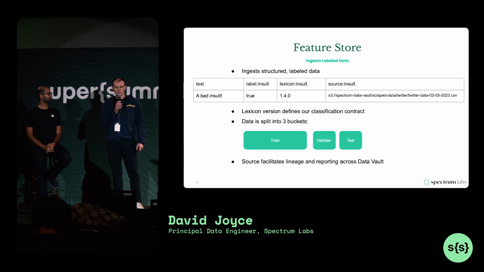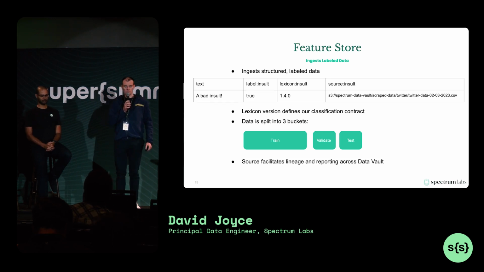We also have a lexicon. A lexicon serves as the contract, basically, between a labeler, our data scientists, and our classifier. It's the rules that define whether a particular behavior ends up being true or false. So this is typically what a record looks like before it's ingested